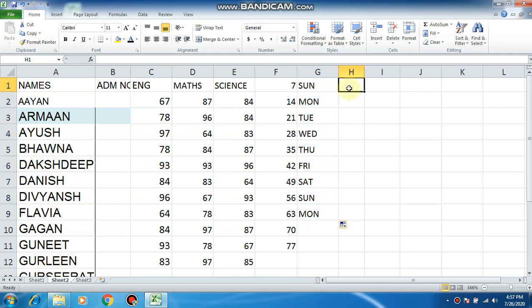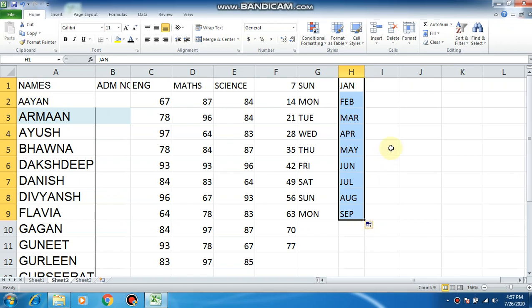And similarly, if I take up January, it is going to give me the months of the year. You can take the full name as well for Sunday and January, and it will give you the full names for the rest of the series. So automatically it is going to fill for you. You can take up dates as well. You give any date and that is also going to drag further for you. So this is called the autofill feature of MS Excel.